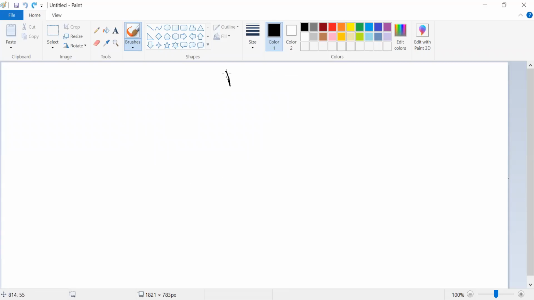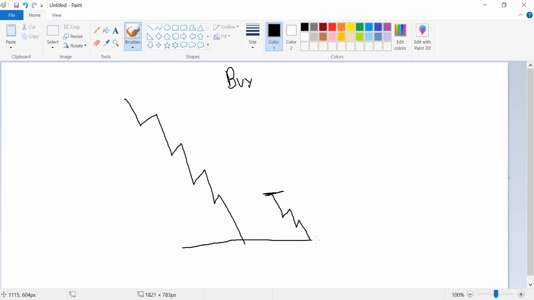Let's have a look at the buy setup first. For the buy setup, we have to look for stocks that have declined during the previous day. On the next day, the stock should open higher, and once it gets close to the previous day's low, which acts as a support, once price gets support over here, we can expect a rally on the upside.